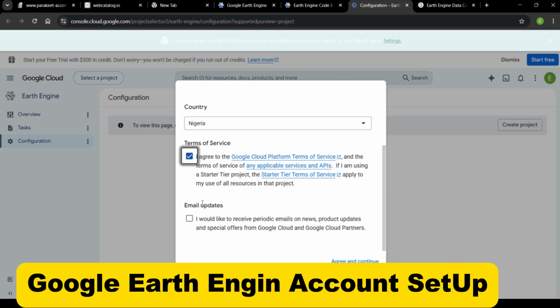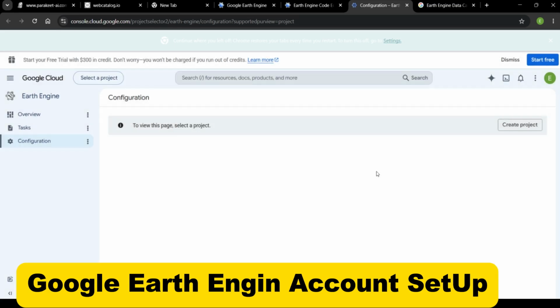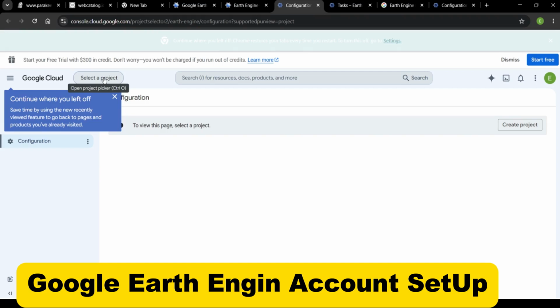So I'll set up to agree on the terms and conditions. So now to set up your new project, this is how you click on create project, or you select a project. So let's click on create project,